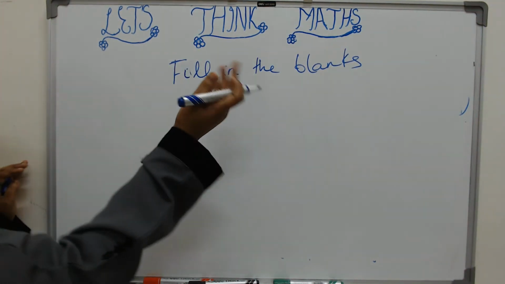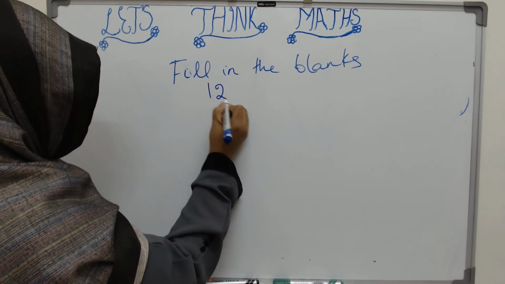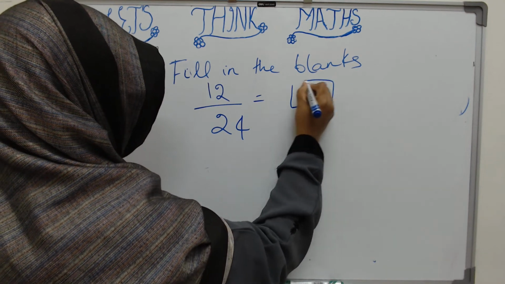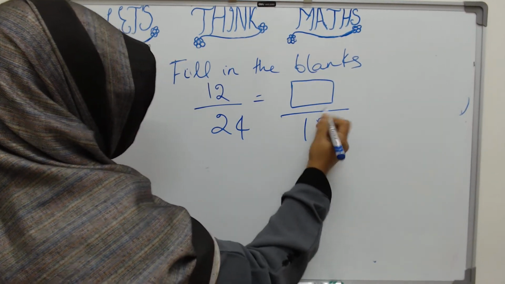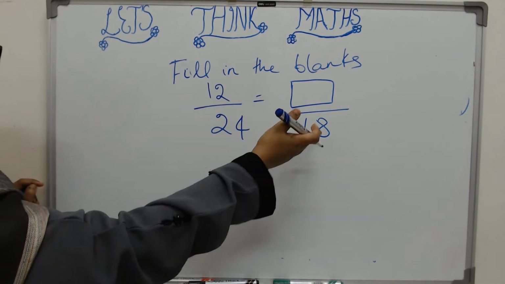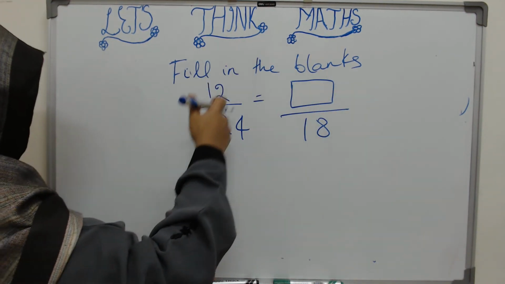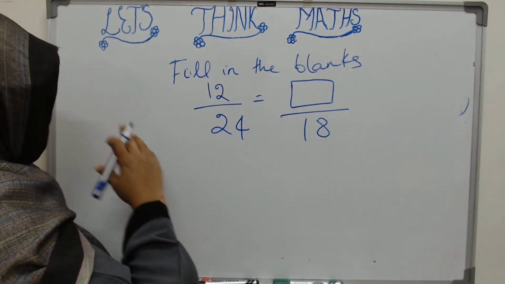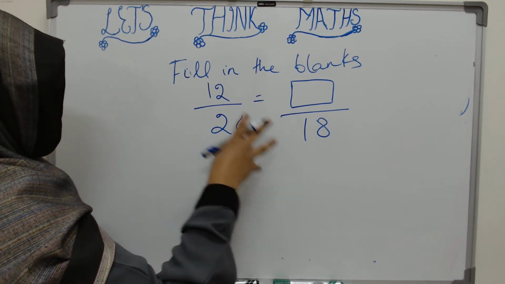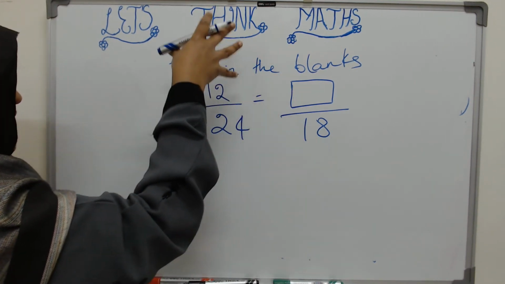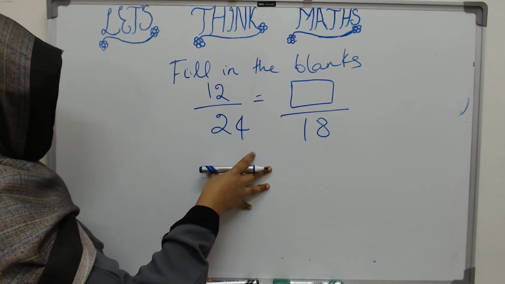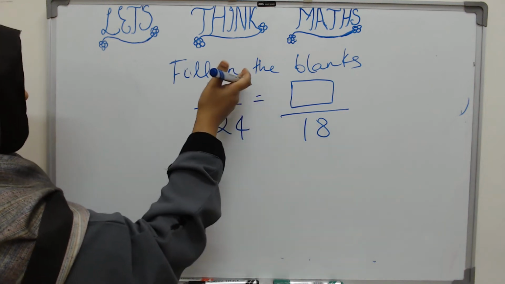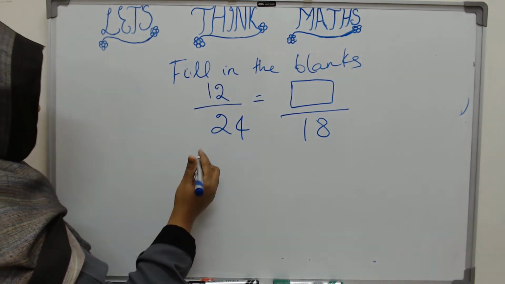Now let us do a fill in the blanks problem. So what comes here? Now you can clearly see these are two equivalent fractions. So how do we find this? Now we know that numbers fall into the family of equivalent fractions when they can be reduced to the same lowest term. Now we cannot reduce this to anything because we don't know what the numerator is. But this here we see both the numerator and the denominator, right?